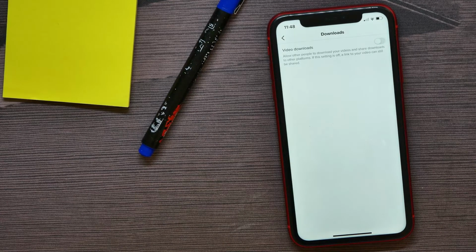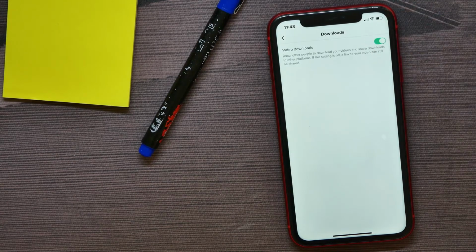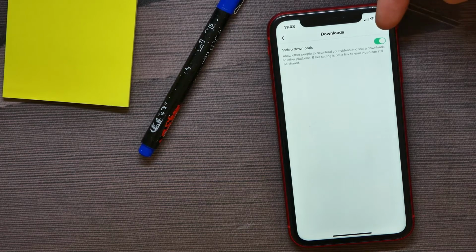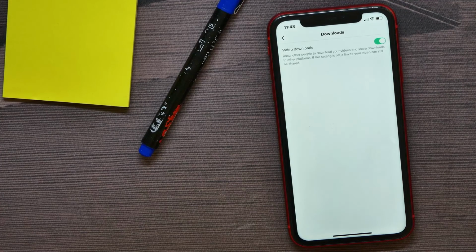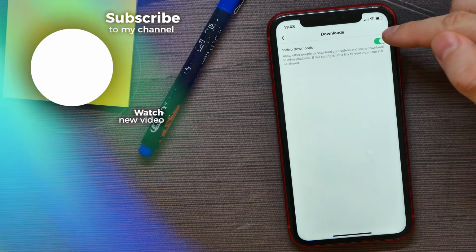By default it's turned off, just hit on that switcher to enable that option, and once this option is enabled it allows other people to download your videos and share downloads to other platforms. If that option is off, a link to your video can still be